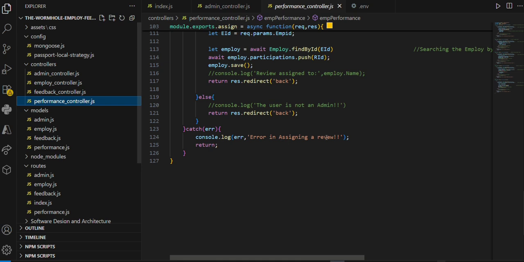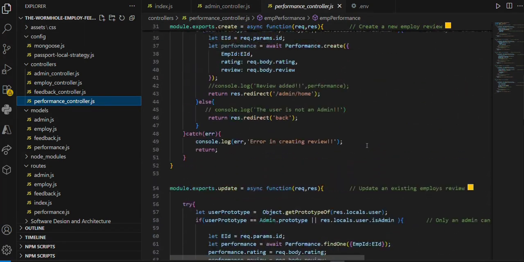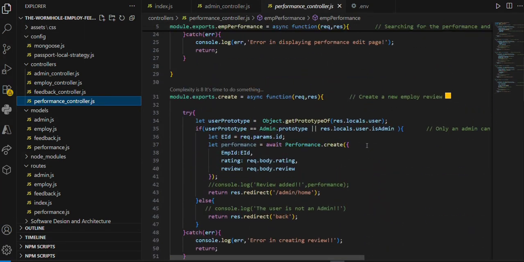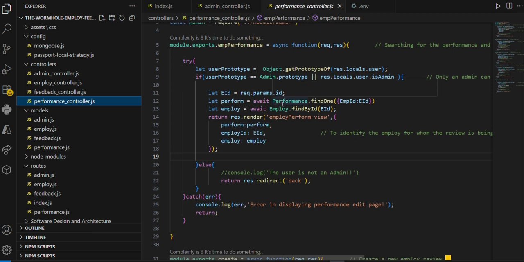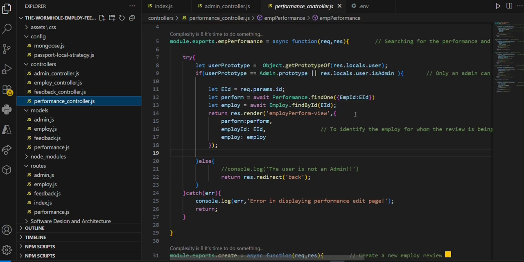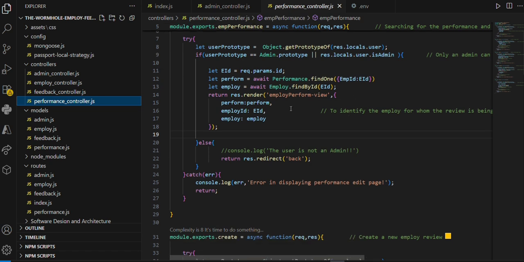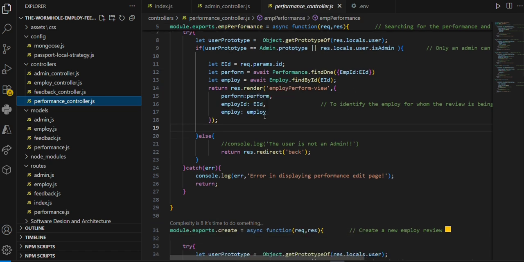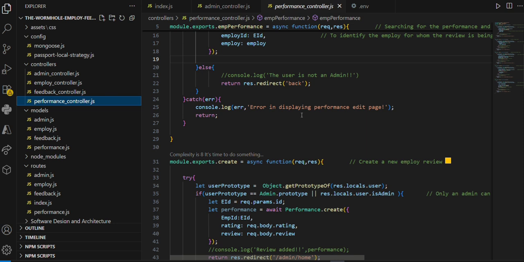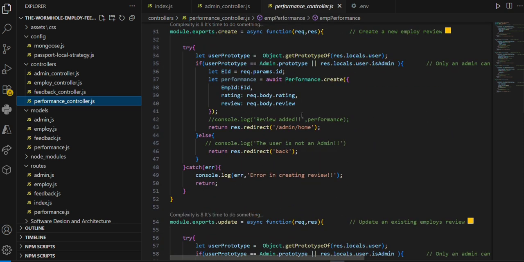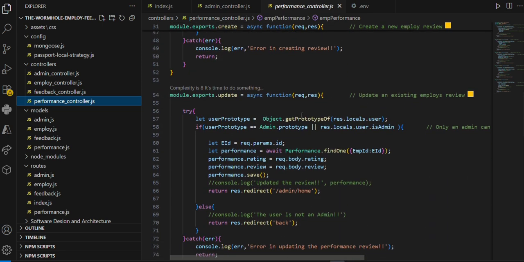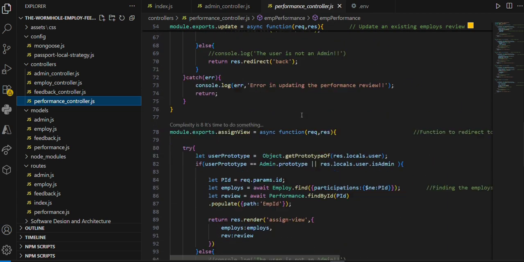Same performance, the employee can see the performance of the admin. Performance with employee id eid, response render of employee performance. It can be checked and display the performance of the employee and admin by this performance controller.js,